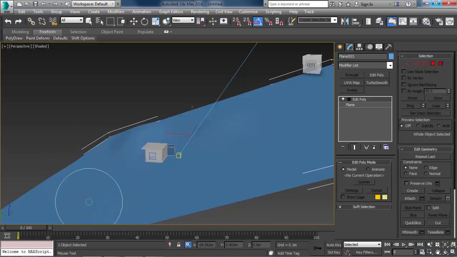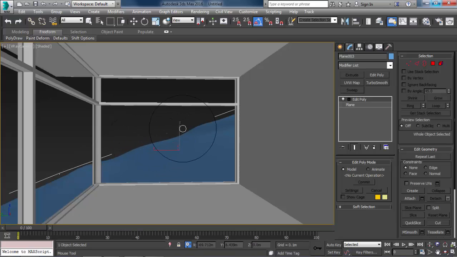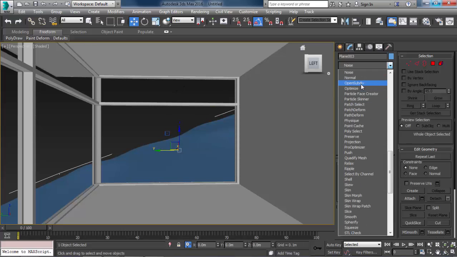We'll apply a noise modifier, but also let's just do some noise on our own. Yeah, that's good. I'll now apply a noise modifier,